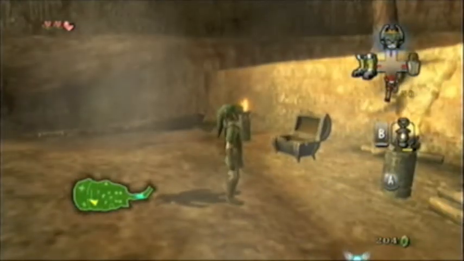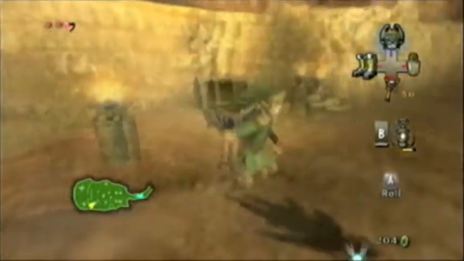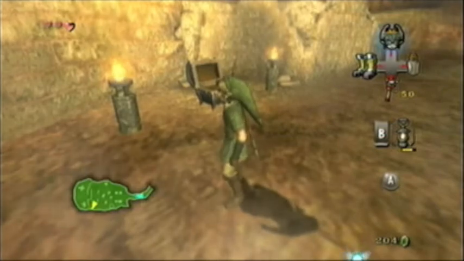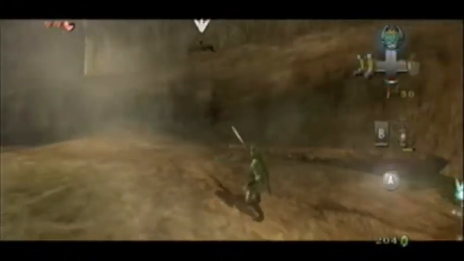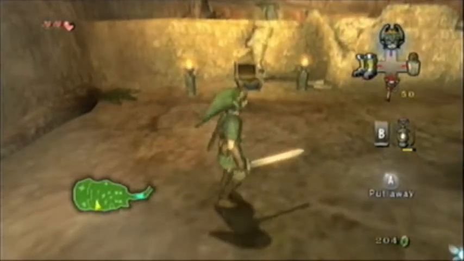So I came back to Kakariko to buy a new shield from Malo Mart. However, I needed 200 rupees, something I did off screen. I need to explain this. I grinded for 200 rupees off screen, and something of note that I want to mention is that in the process of grinding for these rupees, I got two